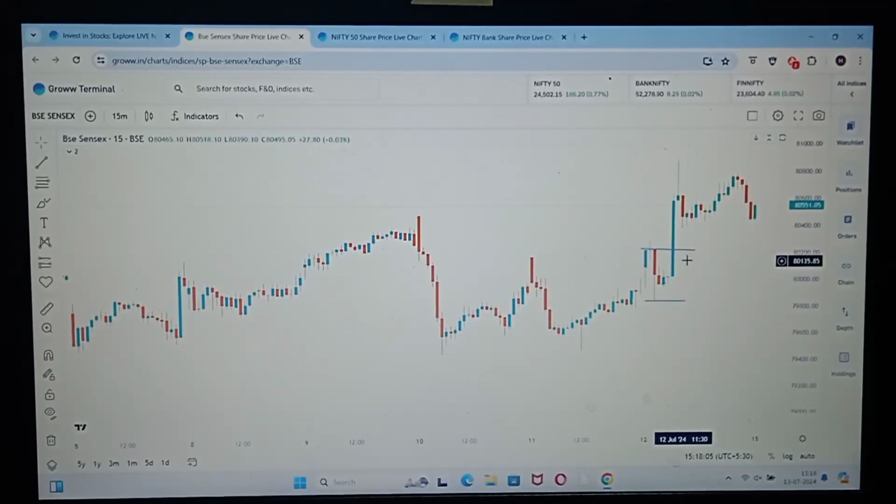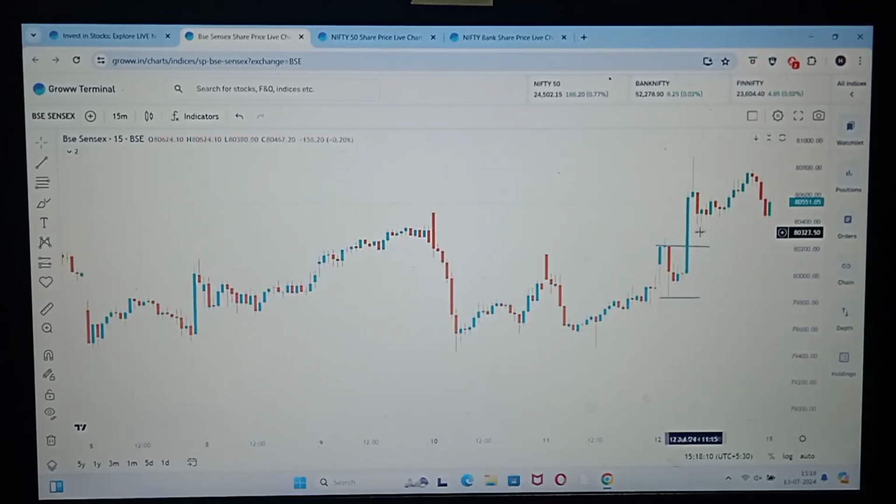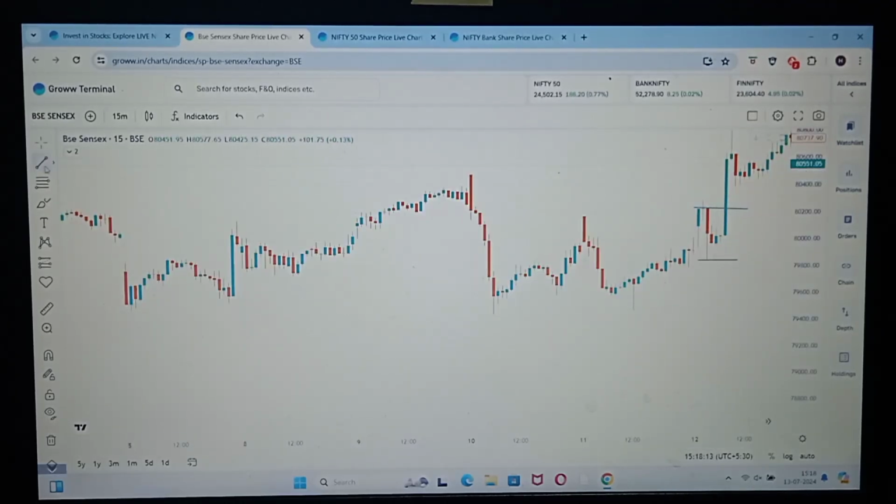So easily we will trail our stop loss, we will not take risk, and we will book our profit. Next we'll see 11th of July. This was 12th of July. So 11th of July we'll see